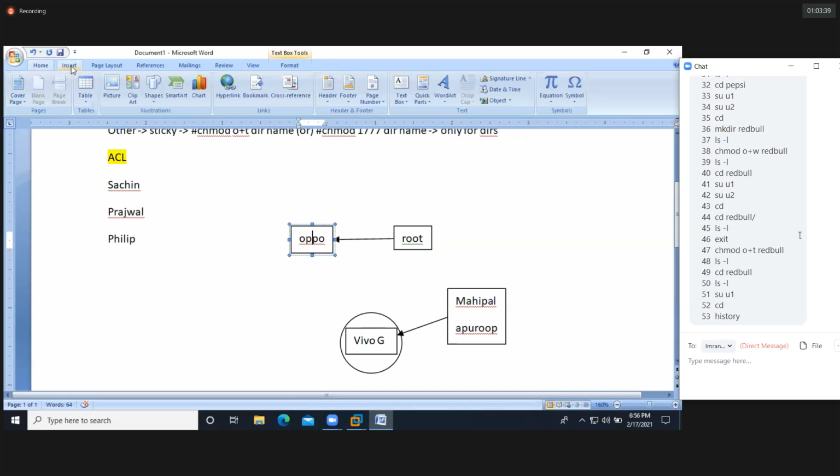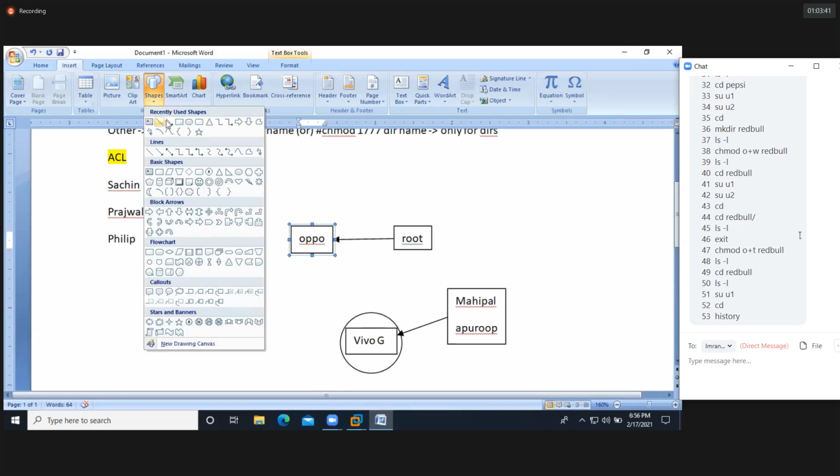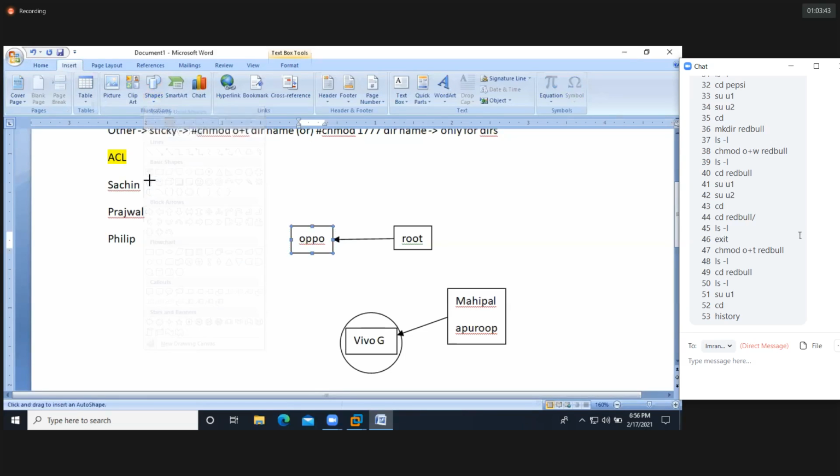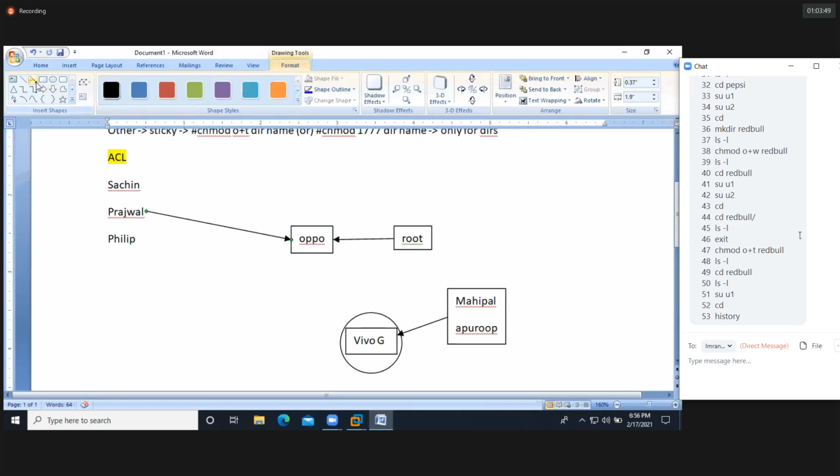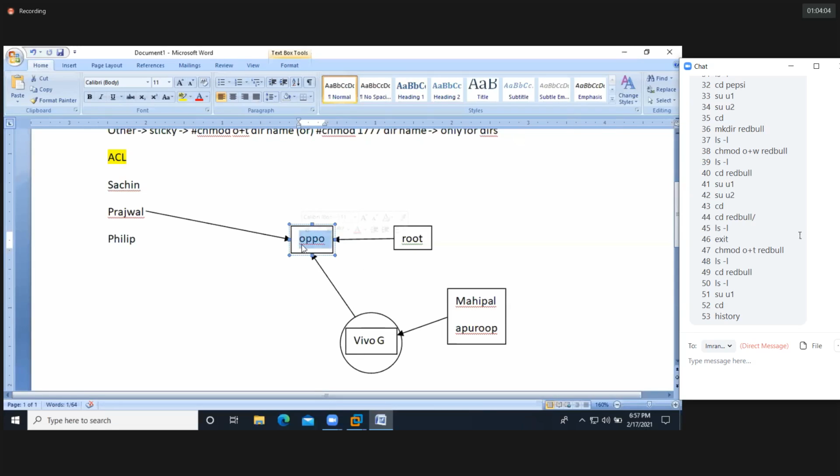Now I'm allowing Prajwal, he needs to create files and directories inside the Oppo. I am allowing the group called Vivo. So these Vivo group members should create files and directories inside the Oppo directory. That means Mahipal and Apru should create files and directories inside the Oppo. How should we do it? This is called ACLs, guys, access control list.